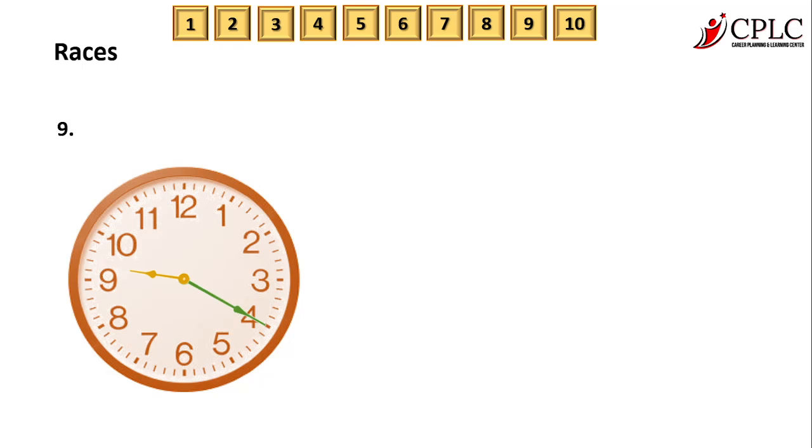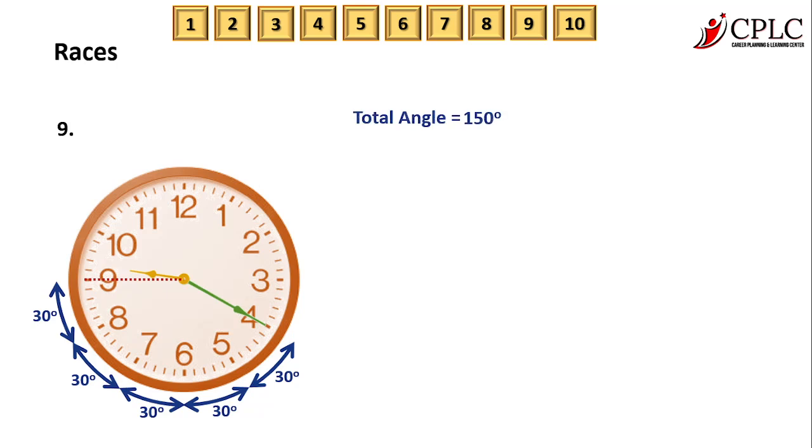Because we are calculating the angle, let's straight away talk about degrees only. So 1 hour is 30 degrees. From 4 o'clock to 9 o'clock, if we consider, then we have around 5 hours. So 5 hours becomes 150 degrees, 30 degrees each for 5 hours. But the hour hand is not exactly at 9 o'clock. It is slightly above 9 o'clock. So let's assume that additional angle as x degrees, for example.